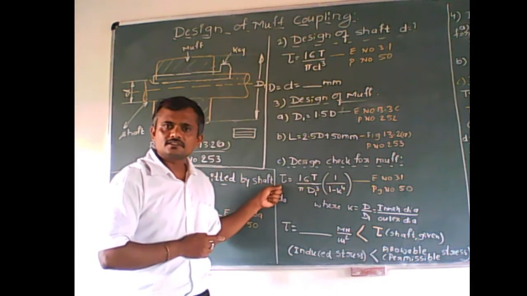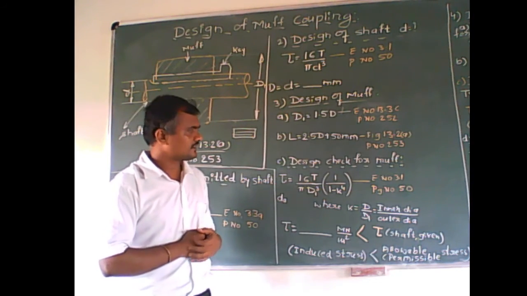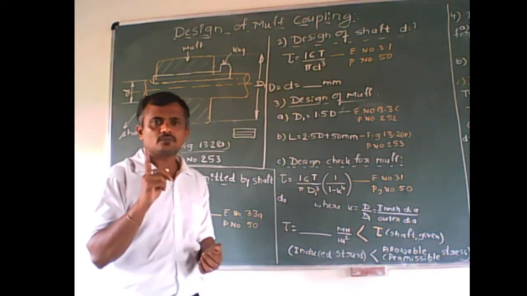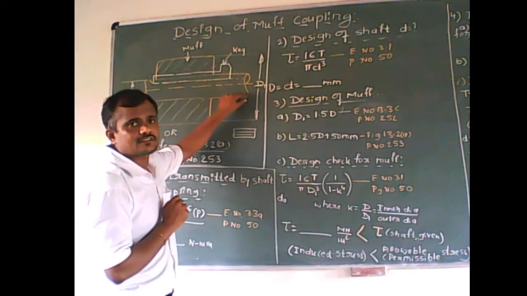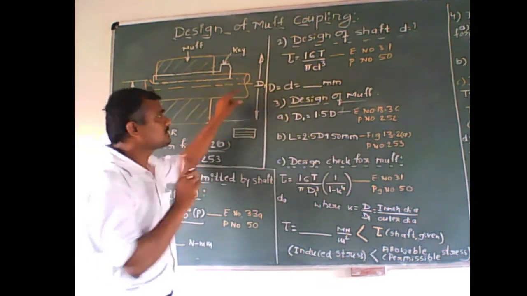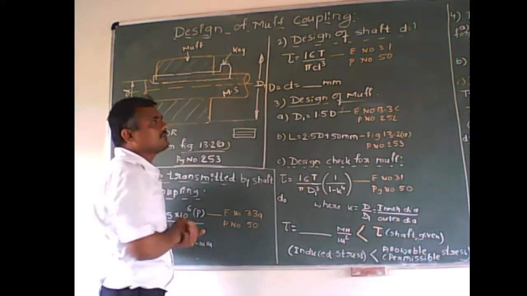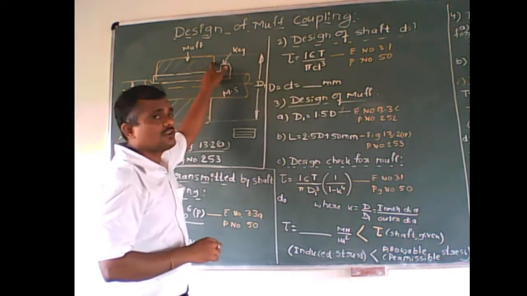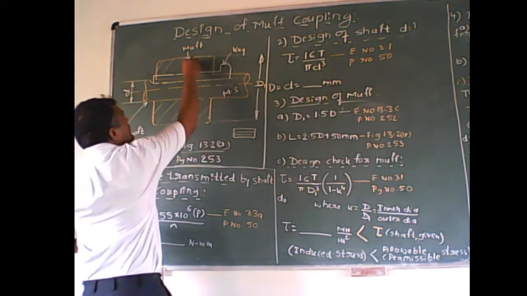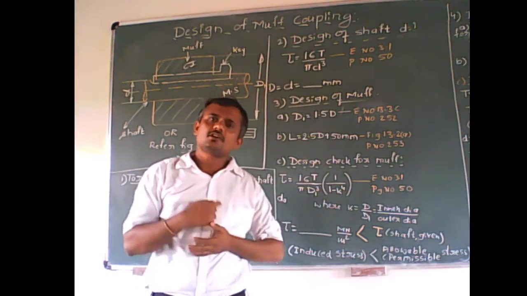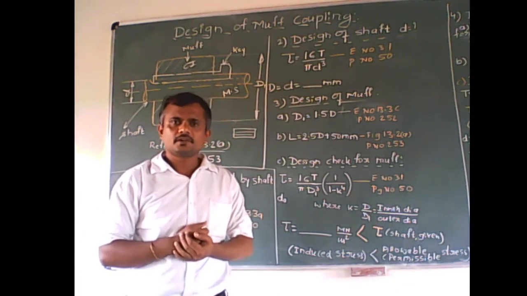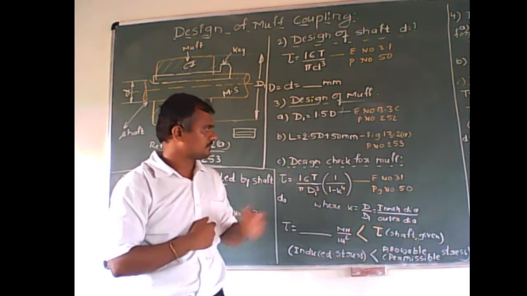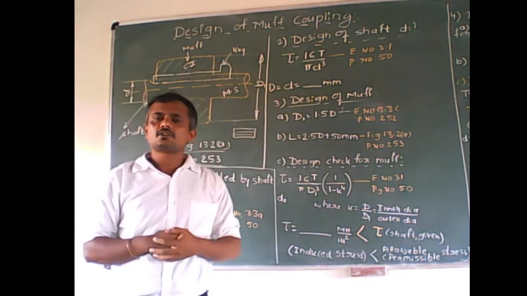Not for shaft, this is a shear stress. Shear stress of a muff material. For your kind information, you remember the shaft is somewhat softer. I mean, MS material we can use. Here we are using MS material. Therefore this shear stress is different from the muff, and the muff is normally made of cast iron. Cast iron or cast steel we can use for making this muff.